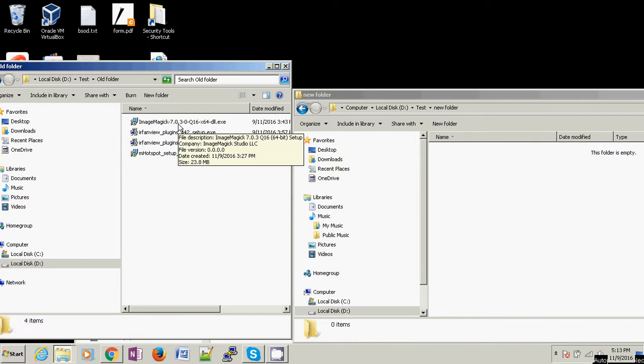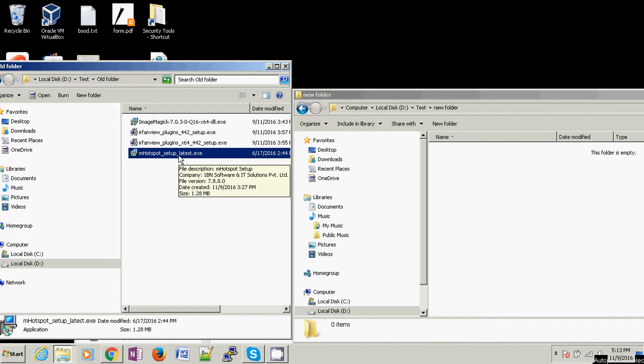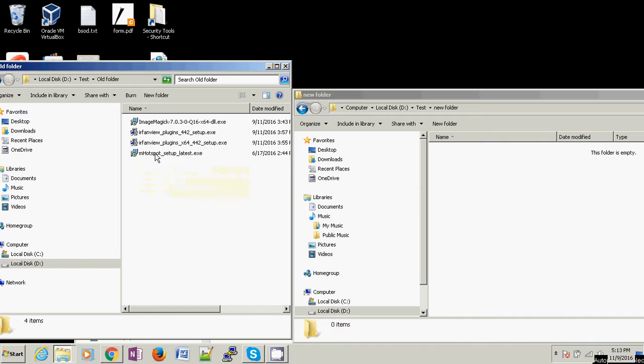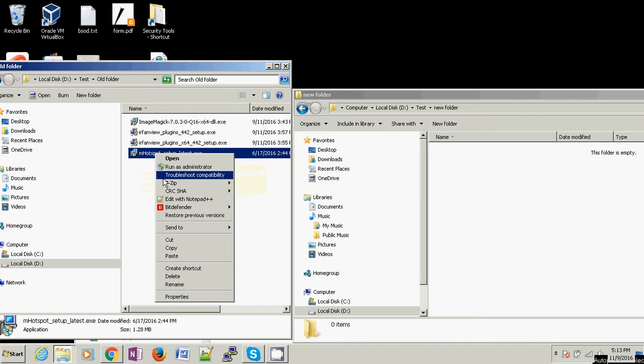Or if you aren't able to do it, there's another way. So what you can do is you can select any one of the files that you want to move from the old folder to the new folder, and again select the file, right click on it, then instead of copy that we used earlier, you could use cut. So you left click on cut,